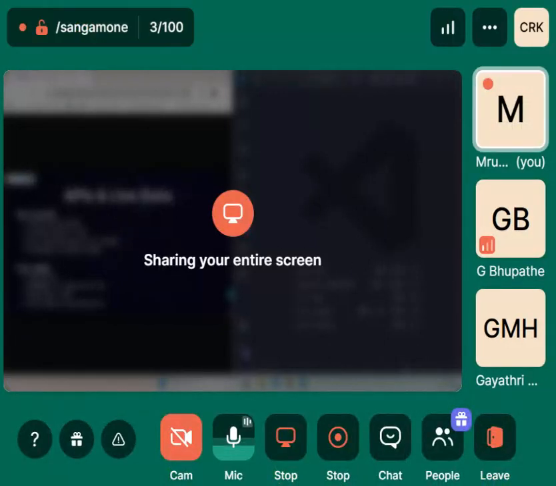Okay, so as we discussed yesterday, today's topic is going to be API and live data. Until now, whatever we did was just the data that was fetched within React. We did not use anything outside, so everything was inside our app, and it was either hard coded or dynamically rendered. Now, what we are going to do is get our data from outside.